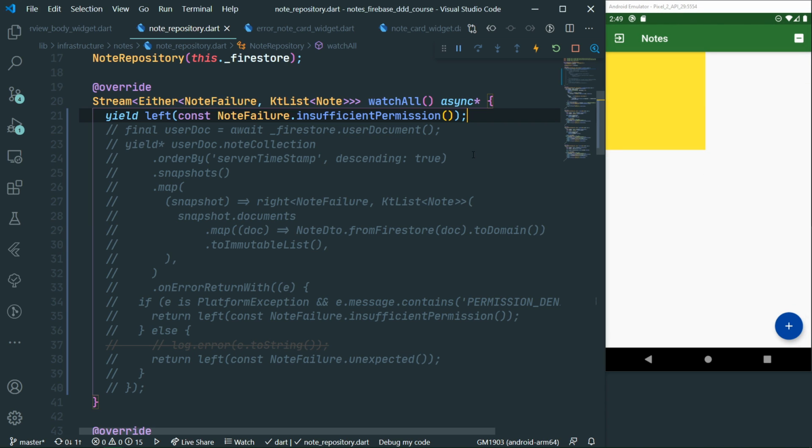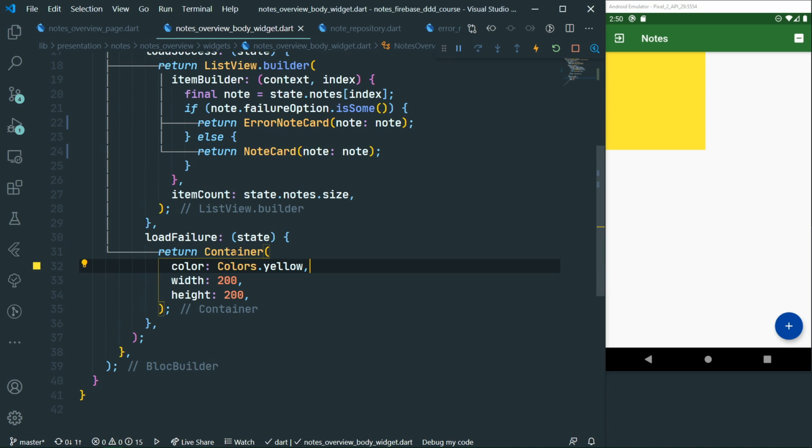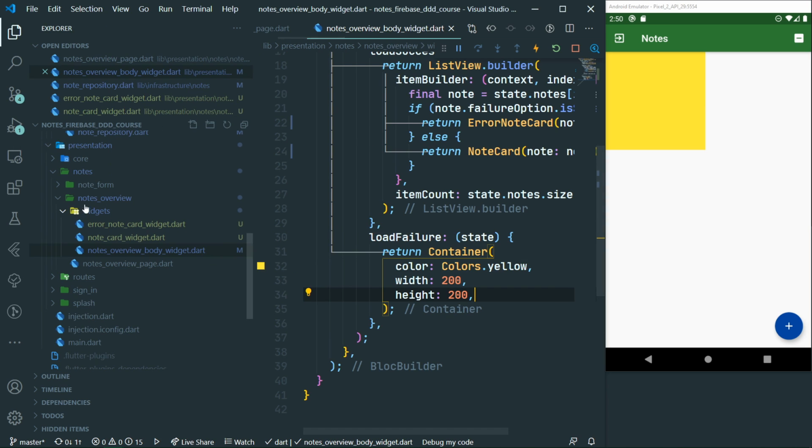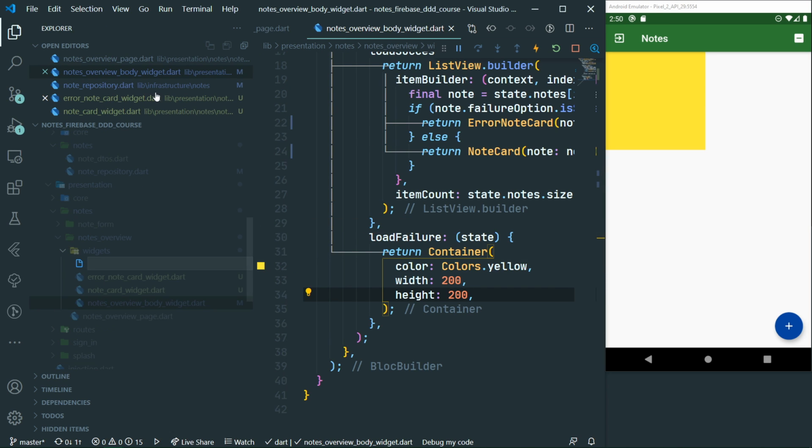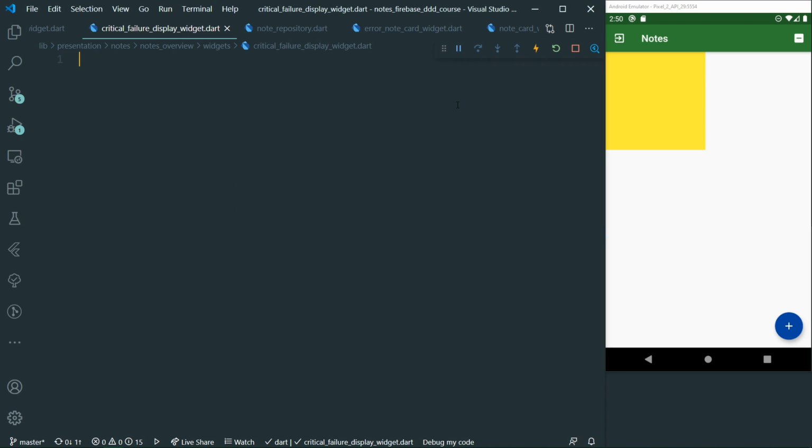Yep. And now we can see that the state which was emitted from the block is this load failure. So now we can build the UI for the load failure without any kind of an issue. The load failure will be represented by yet another widget, of course. It will be the critical failure display widget. So again, as we have become used to, we're going to create a new file under widgets, critical failure display widget.dart. This will again be a simple stateless widget,